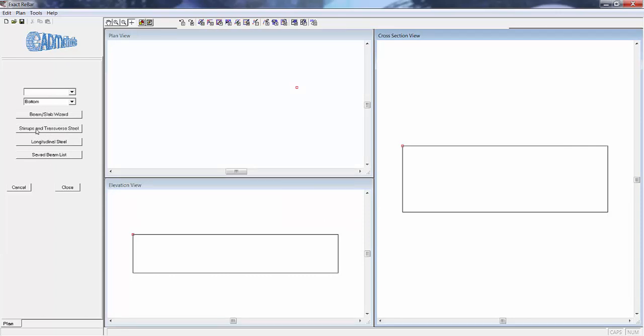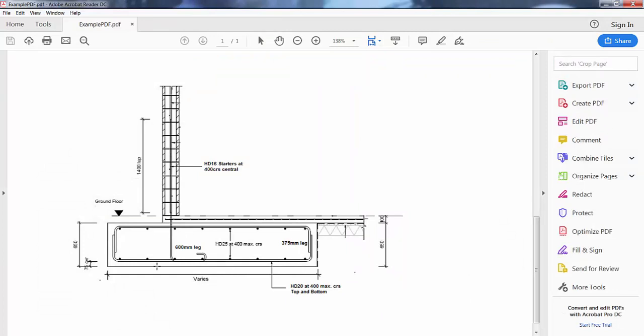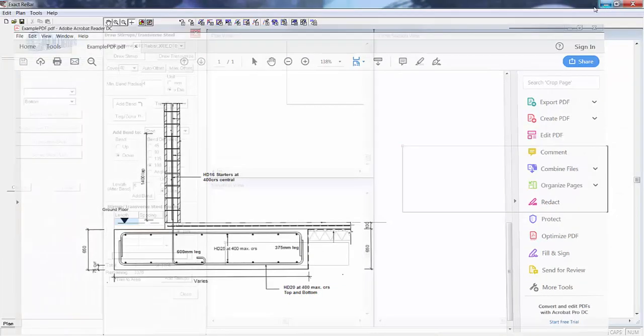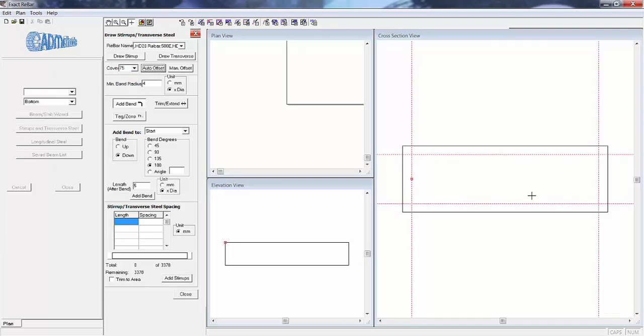So we will start with the stirrups and transverse steel, and again returning to the PDF, we'll start with these U-bars, and you can see the HD 20s at 400 centres. And you can see the cover is 75 and 40 at the top. So we will change our steel to HD 20 and the cover to 75 and click Auto Offset, and that